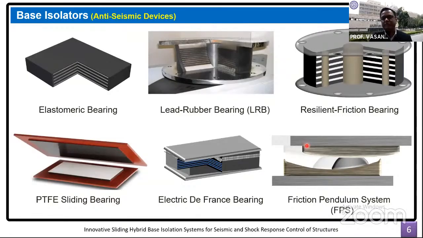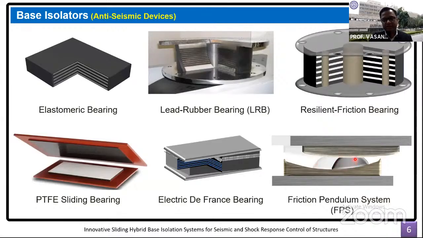Again, the development of the friction isolation system did not happen all of a sudden. Initially, only sliding isolation systems without restoring forces were proposed. And then some external means was applied in order to develop the restoring capability. So there has been a combination of the friction isolation system, based on sliding friction, and the elastomeric bearing, where the elastomeric bearing mainly takes care of the restoring force and some damping, whereas the sliding isolation system provides the means of energy dissipation.